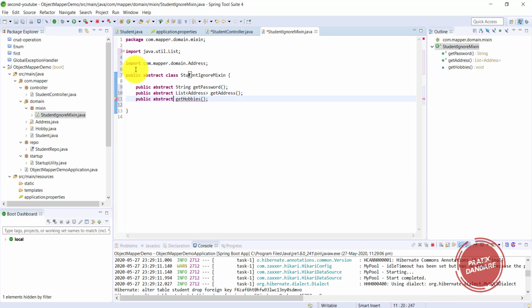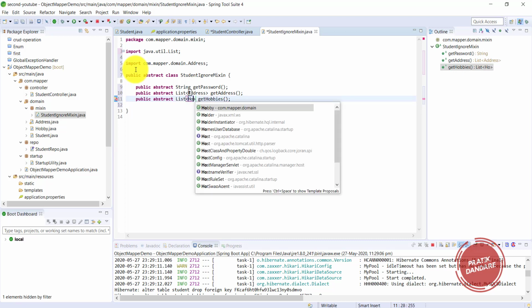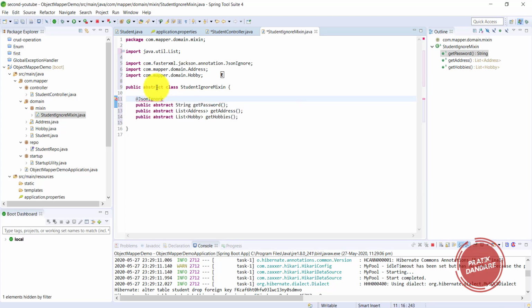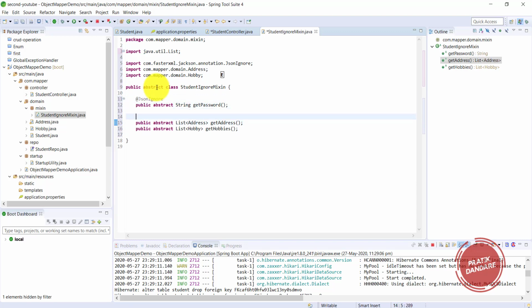And it returns a list of hobbies, so it's a list of hobby. That's it. And one more step is that we need to use an annotation called JsonIgnore. I am using the same annotation everywhere. So this mixin is ready now.